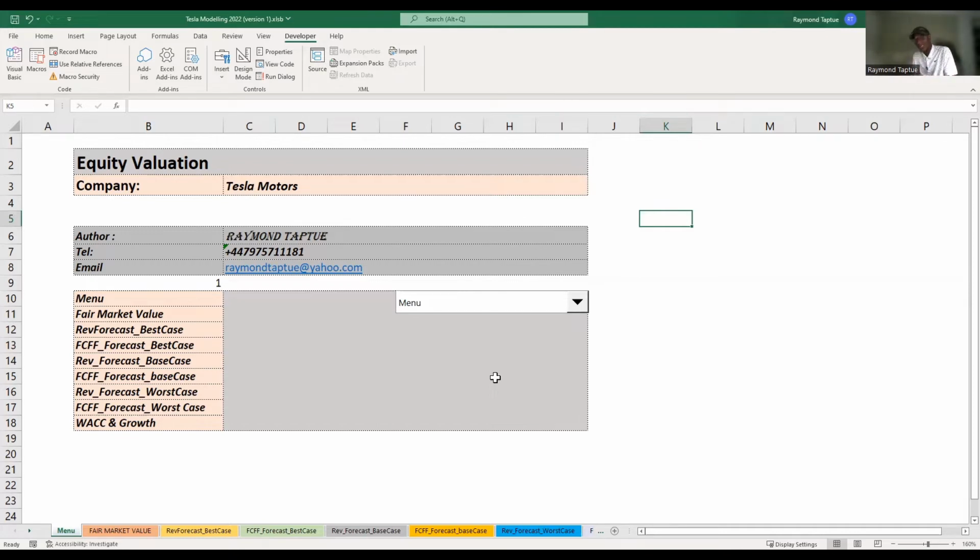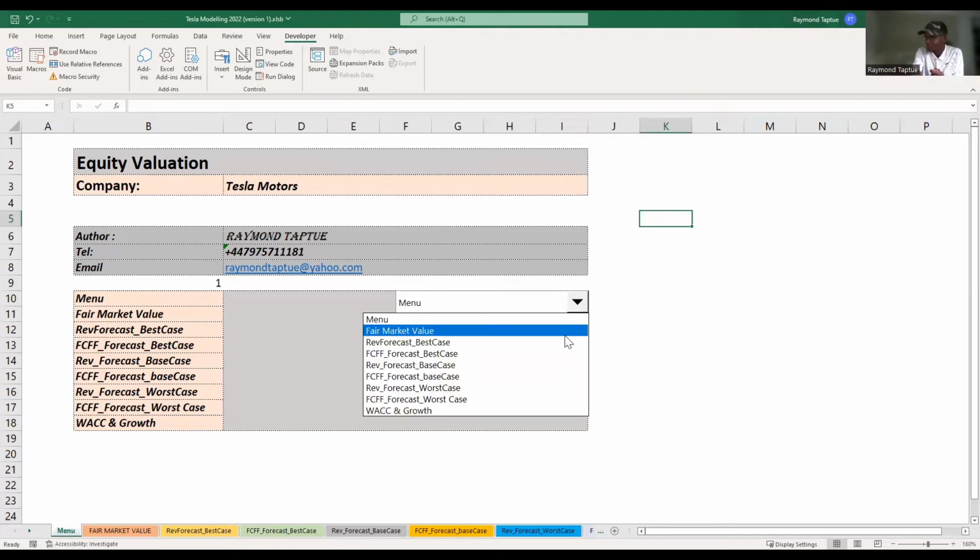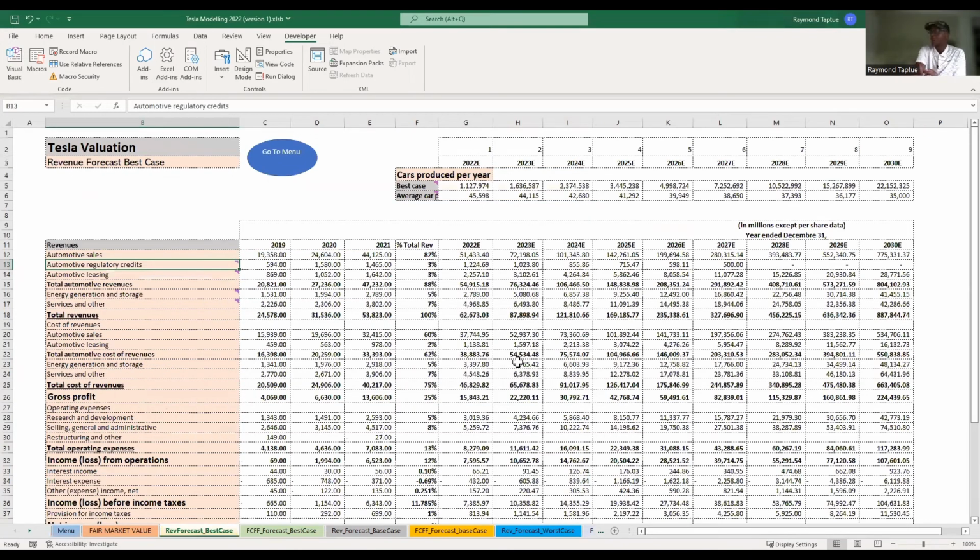To determine the EBIT, what we need is to forecast the income statement till 2030 on the best case scenario. So let's go. Under the best case scenario, I use two key variables: one, the production rate, and two, the average revenue per car. So I made the assumption that the production rate is going to be about